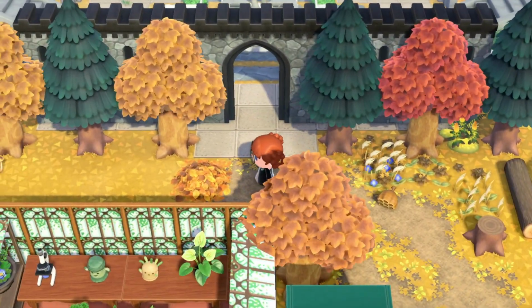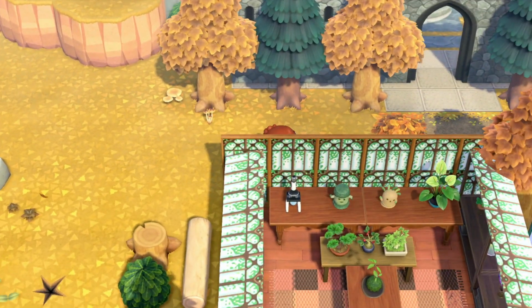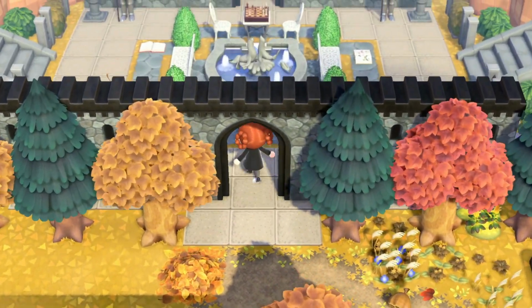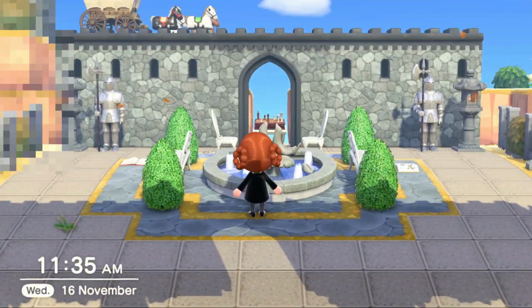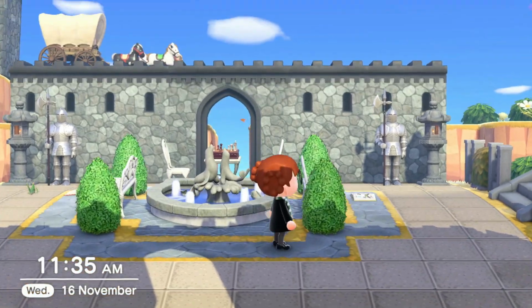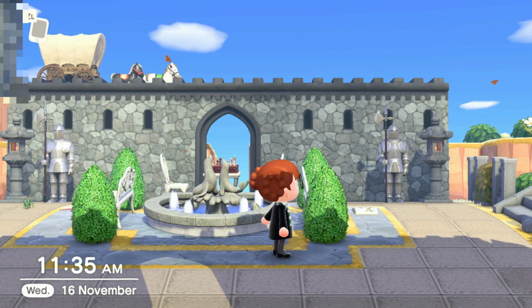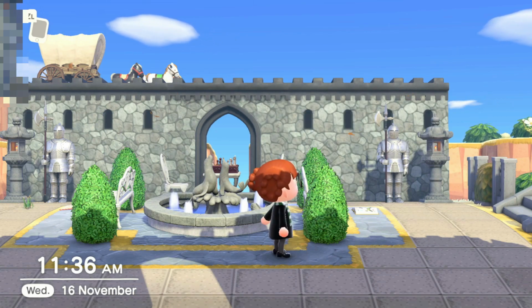I'm going to carry the path on here and that's going to continue in, and then it just carries into the courtyard. And if you couldn't see, look, it's a little wagon with the horses just to represent the Beauxbatons when they arrive